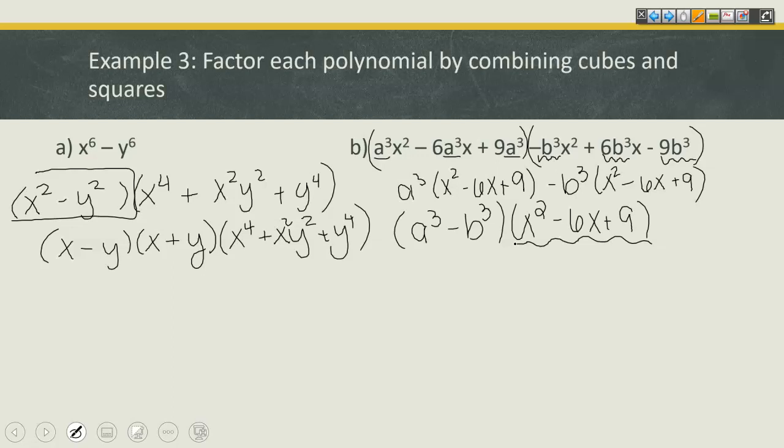So that's going to factor as a repeated root with x minus 3. And then we're going to apply our difference of cubes formula on a cubed minus b cubed, giving you a minus b, a squared, plus ab, plus b squared,